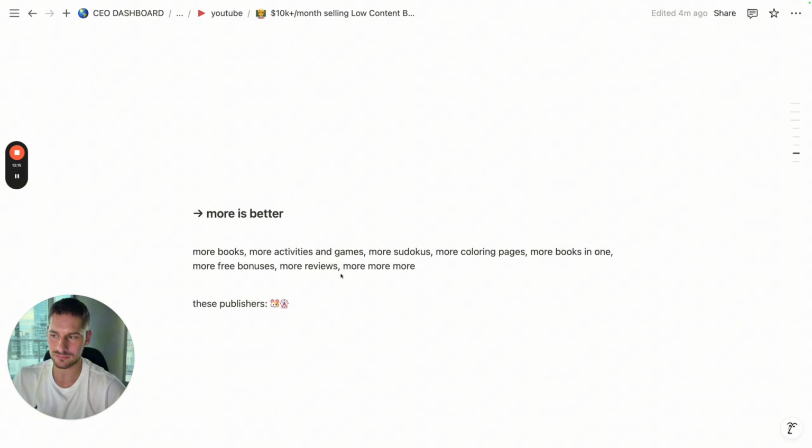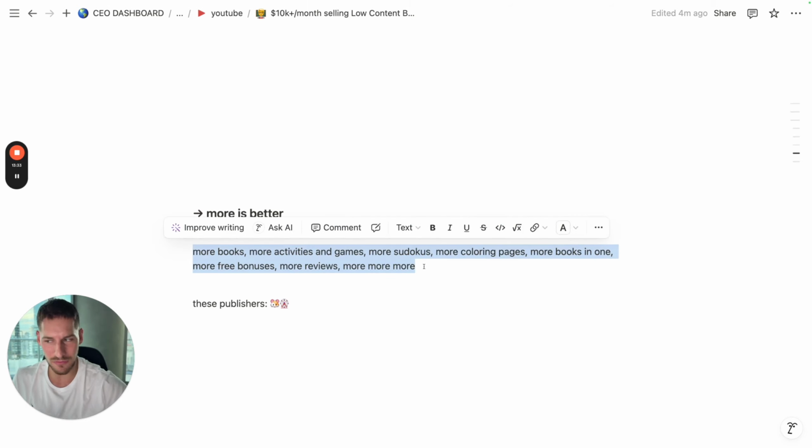You don't want to build another hamster wheel for yourself. You want to do the work beforehand, doing the research properly, understanding what you are publishing, what problem you're solving, and which customer you are serving. Then you can think about increasing the quantity of everything. But this is not the solution. This is the farthest thing from the solution.